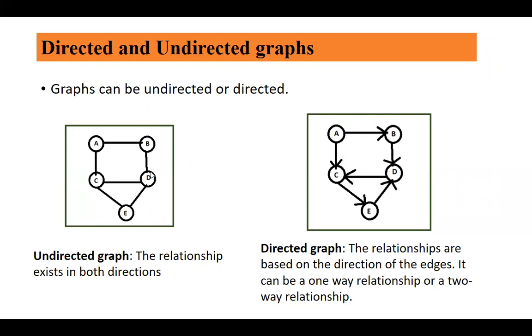In short, if you look at this as a network of cities, let's say A is a city and B is a city, then there's a way to move from A to B, but there's no road coming from B to A, right? But in this case, you can move in both directions. You can go from A to B as well as from B to A, right? So this is undirected and this is a directed graph. It gives you the relationship in both directions, but here it depends on the direction of the arrow.